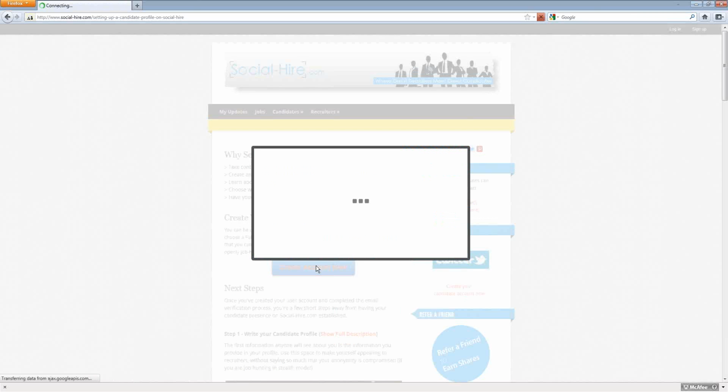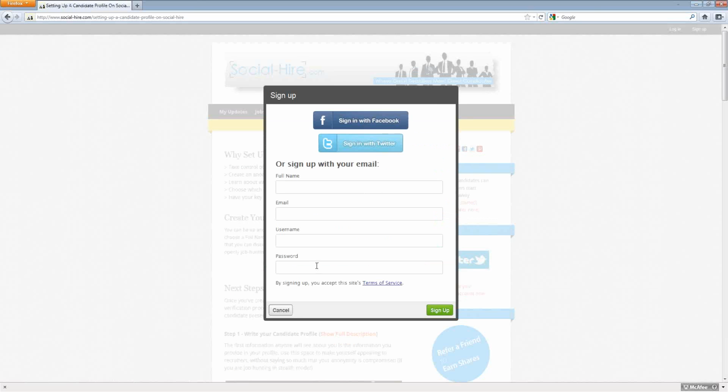What's going to happen then, a pop-up window is going to appear, and you can choose to sign in with an existing Facebook profile or an existing Twitter profile. Obviously, if you do those things, you are then going to be revealing who you are publicly. And at the moment, about 50% of candidates on Social Hire are choosing that they want to remain anonymous. So I leave that entirely at your discretion. But what we're going to put in here,